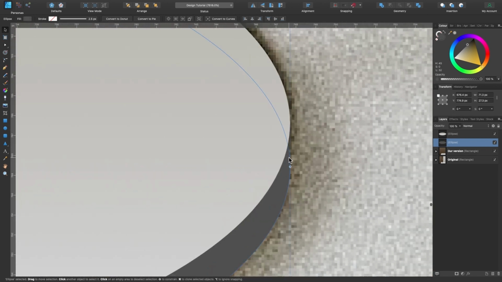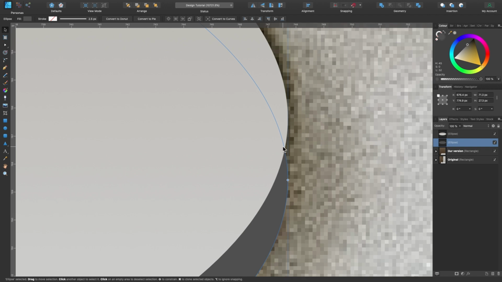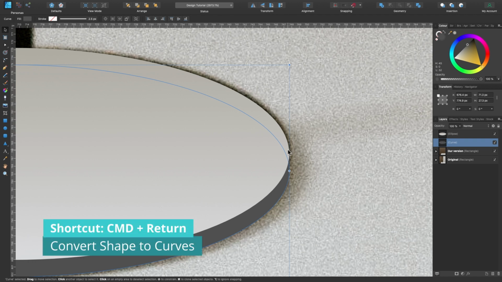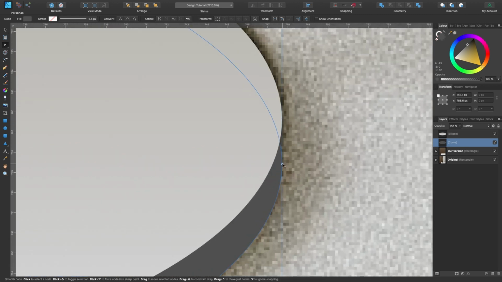And I'll zoom in here on the side. And I don't want it to be going in like this. I want it to connect to this shape up here in a straight line, like a base would. So the first thing I'm going to do, as we've dragged out a shape, is convert it to curves so we can play around with the nodes. So right now, if I go to the node tool, which is A, you can't see the nodes. But if I go back to the move tool, head up to curves up here, click on convert to curves. Now they are curves and we can play around and add more nodes. Click on A, and now you can see we can select the nodes and we can create new ones. So that's what we're going to do.